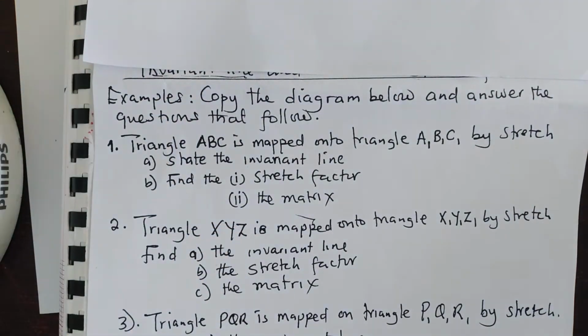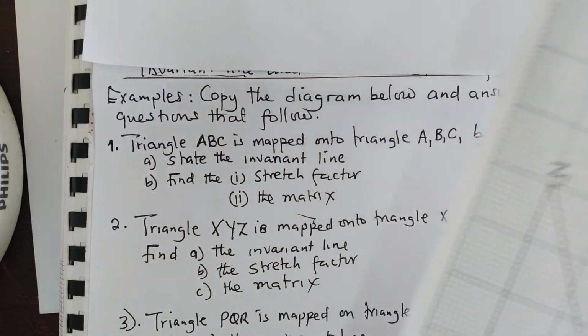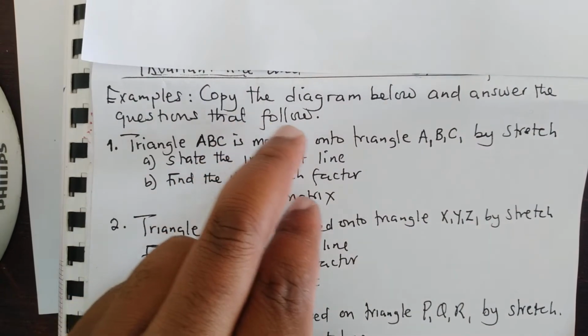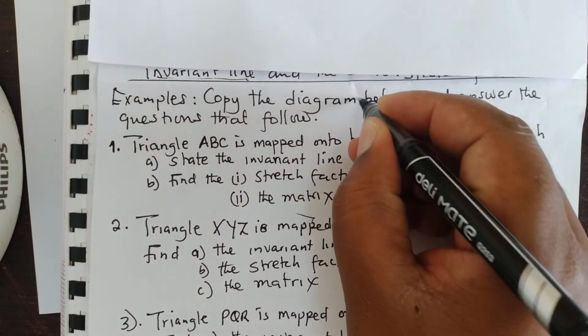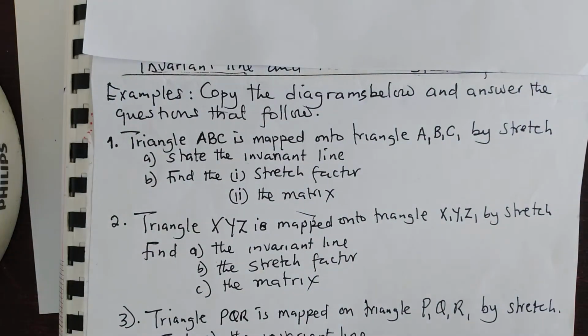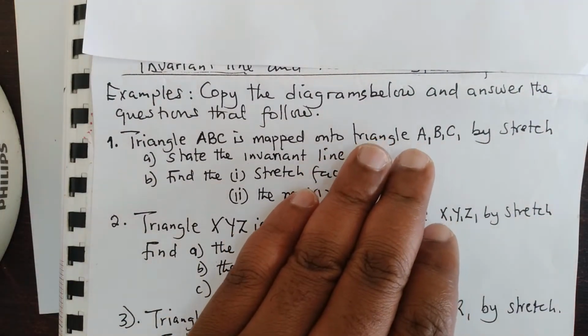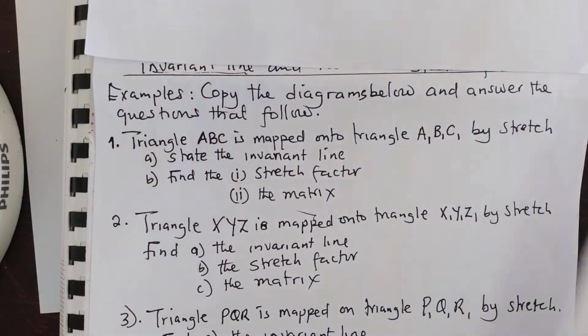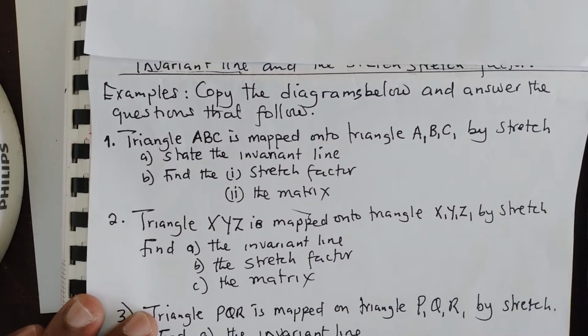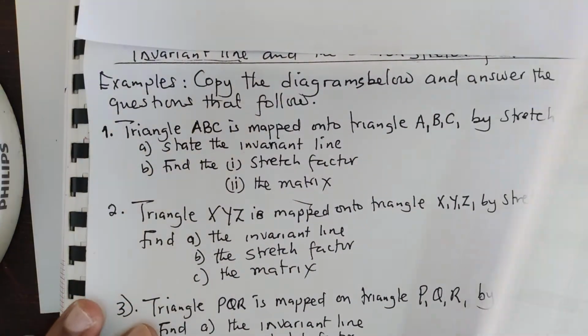So these questions are coming from these triangles. We're saying copy the diagram below. So here we are dealing with the diagrams below and answer the questions that follow. So which ones are the diagrams? These are the ones that I showed you earlier on. Then we answer these questions. What is the first question? We are saying